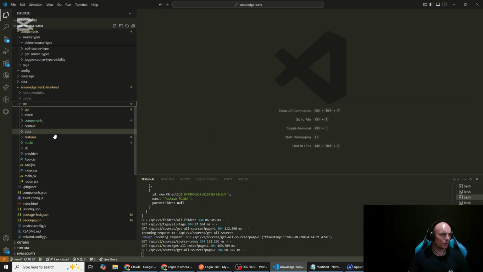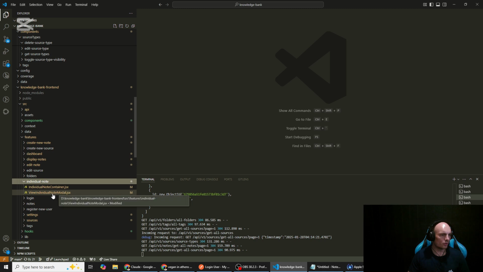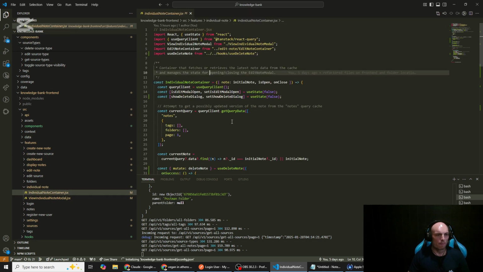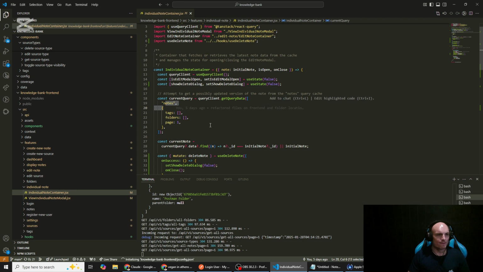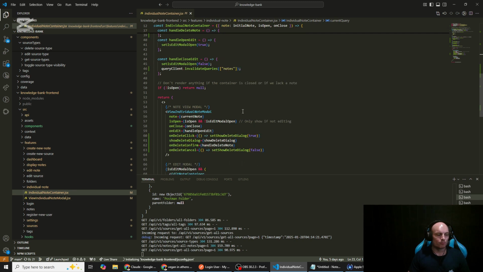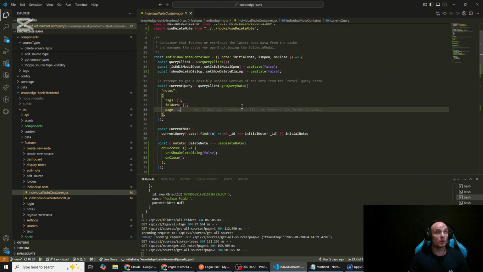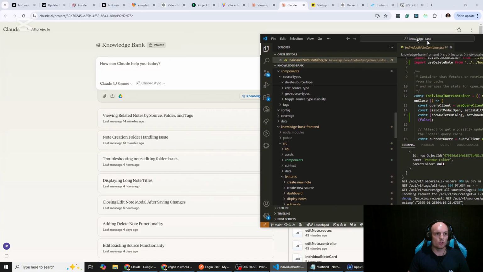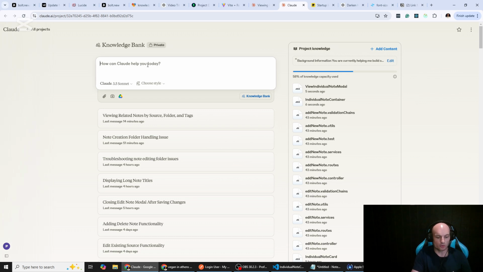Front end, so I see features, individual note. So this is our container, where we fetch and retrieve the stuff. I guess you would, I don't know, it's a good point. Like, how would you, what's the best approach? Okay, so we have our view individual note container and view individual note modal. Knowledge. Currently,